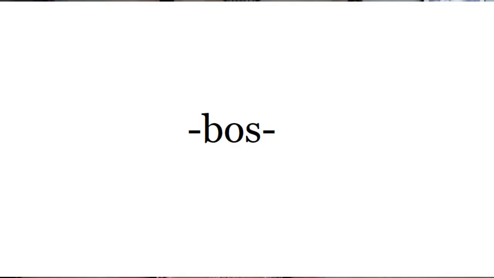The infix bos adds the meaning completely, all the way, or finish doing to your verb. Here are some examples from the Maidu dictionary, words we already have in the language. Banchonoi, wrap something up, but banchonoi bos is completely wrap up. Bukui means go out like a fire. Bukui bos means go all the way out.